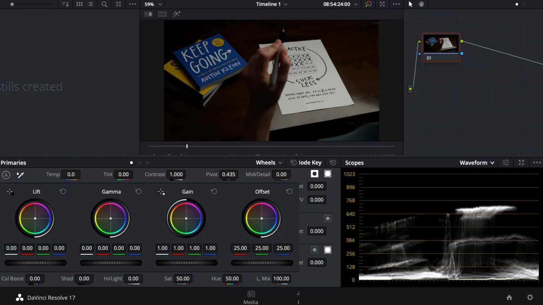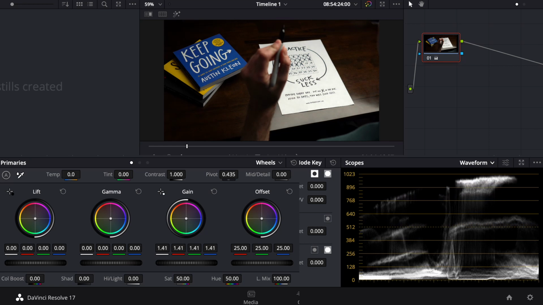What you're going to want to do here is, you can see also the brightest things aren't super bright, and there's not a lot in the middle. So how we could adjust this is, the gain is the brightest things. If we go down here to this little dial and we move this up, something like that, now you can see, and this is basically horizontally in the video, along the side here is kind of dark. The white is in the middle of the screen. You can see the white is almost near the top brightness now. So that was the gain, to make sure that the whites are where they should be.